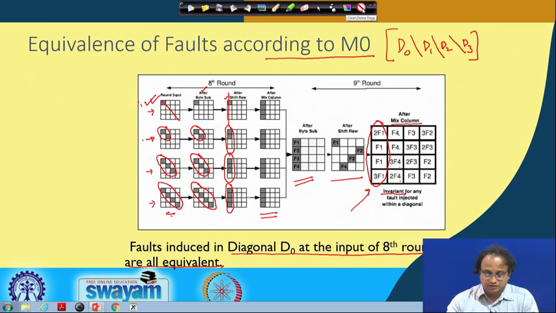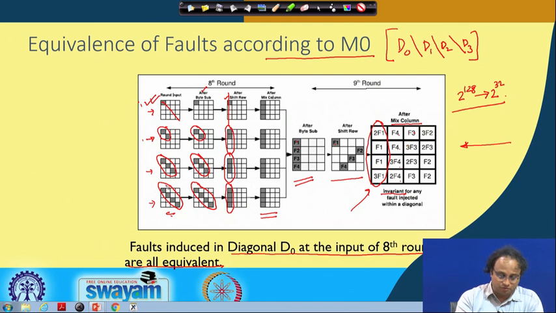So as you can understand, we can reduce the possible key size in a similar way. We will work backwards as we have done previously, and try to exploit these equations as we have done previously. Okay. And if you remember, for a single byte fault, we have seen that 2 power of 128 AES keys, because of one such fault, get reduced to 2 power of 32 possible values. Okay. So this reduction is possible even now, even if the fault propagates to more than 1 byte, but is restricted to one diagonal.